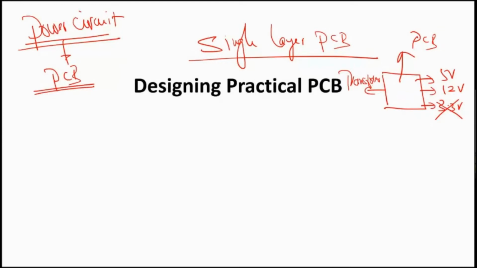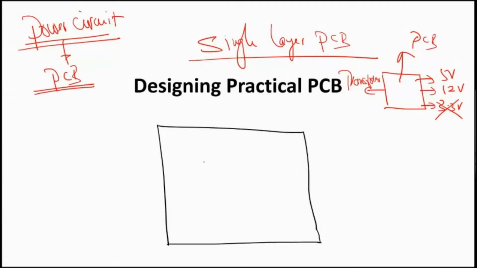Once you start designing a PCB, you should have some mind map of how your PCB should look. So you take your pencil and draw your PCB roughly, and then you have some mental image of how your PCB should look. It is not a good idea to put your transformer on the PCB. There is no necessity for it.